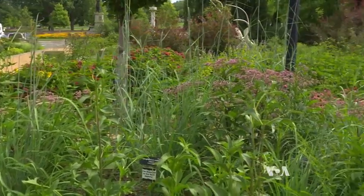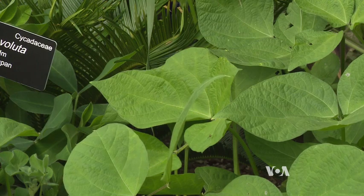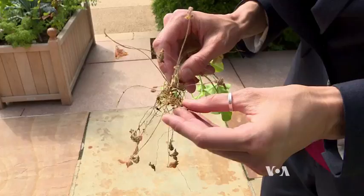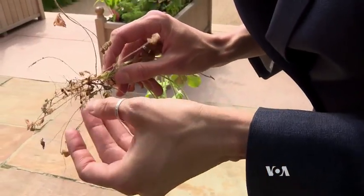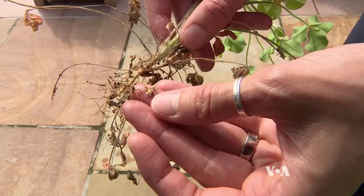Some of those grasses are growing outside along other garden beds with edible plants like soybeans, which are also important for other plants. They have these little nodules on them which contain a bacterium which fixes nitrogen. And that's sort of a fancy way of saying it makes nutrients available to plants that otherwise would not be